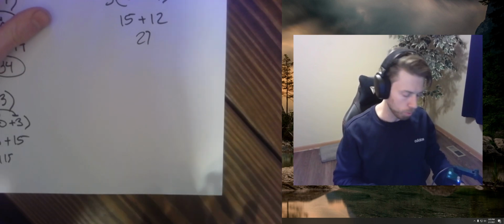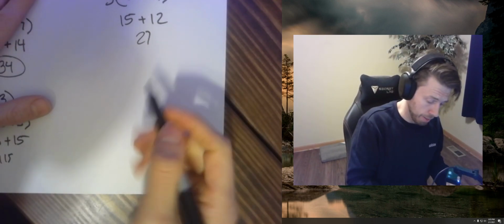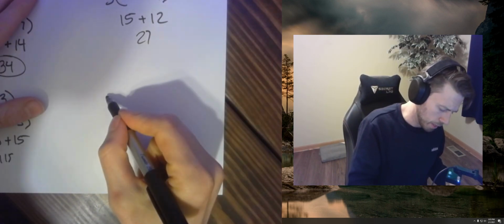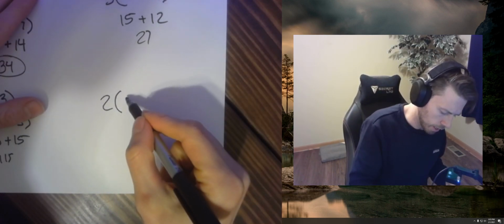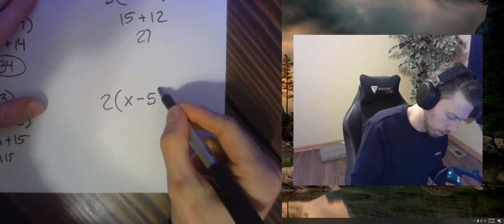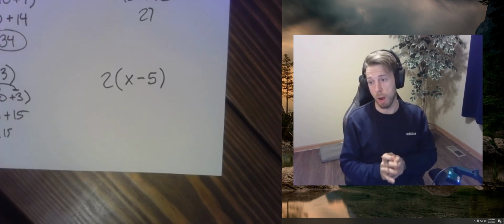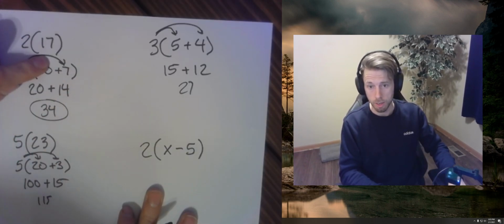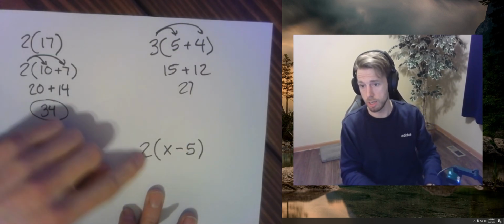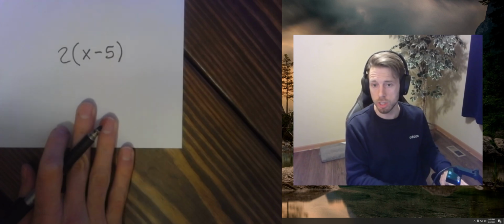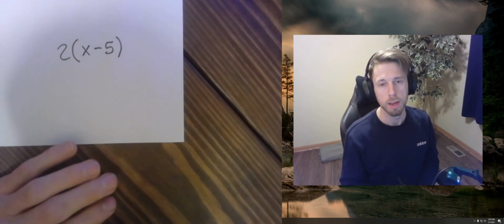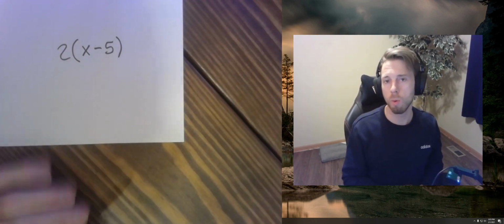So, for example, you could have the same type of problem, right? And this works with subtraction too. So, let's take 2 times x minus 5. Say we have this problem where it looks just like several of these problems, right? Just a number on the outside times a sum or difference on the inside. But the question is, can I use the distributive property to help simplify this, to get rid of the parentheses? And you actually can. Even if you don't know what x is,